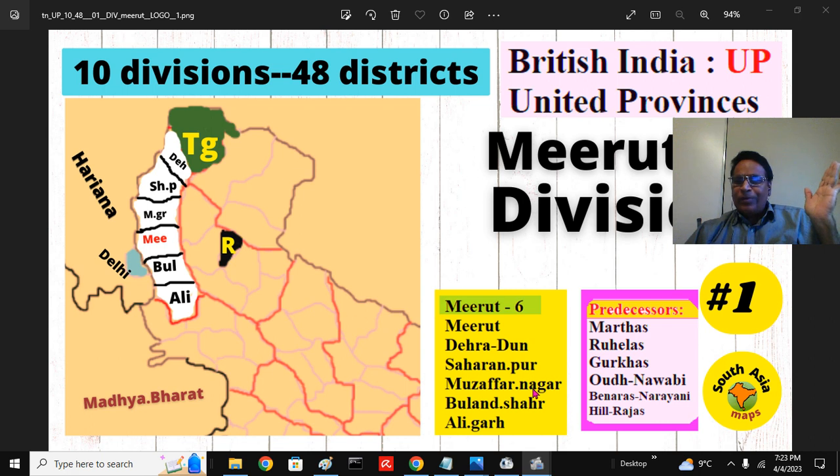How to remember: if you remember Saharanpur, where Roorkee is located, an important engineering college and institute, because it is Pur, you just say Nagar. So Muzaffarnagar is in UP, whereas Muzaffarpur, to the east in the Tirhut region, is in Bihar. I talked about those differences in other India districts. You can look at them.